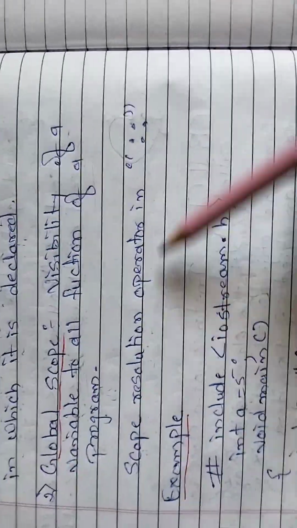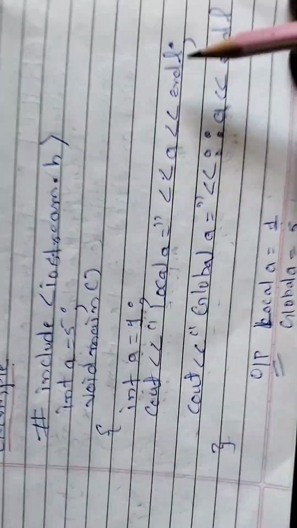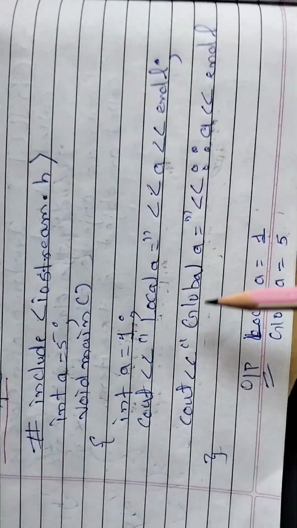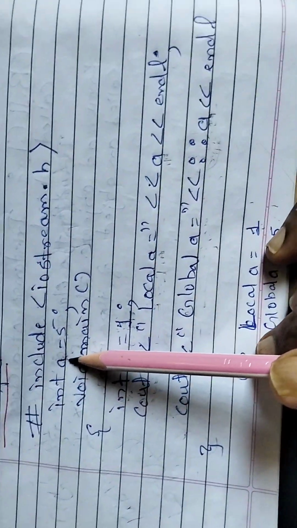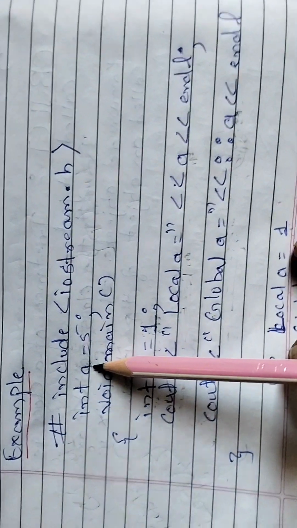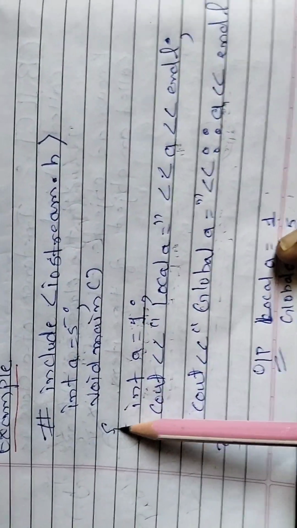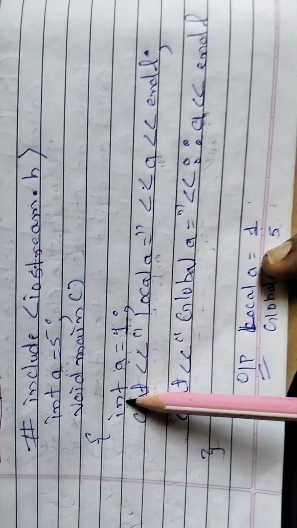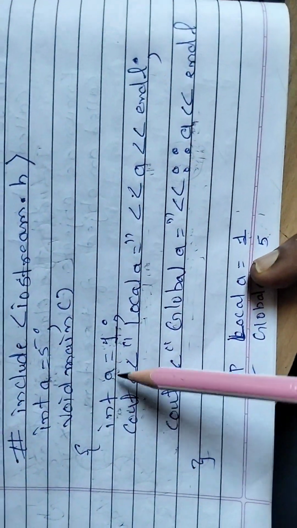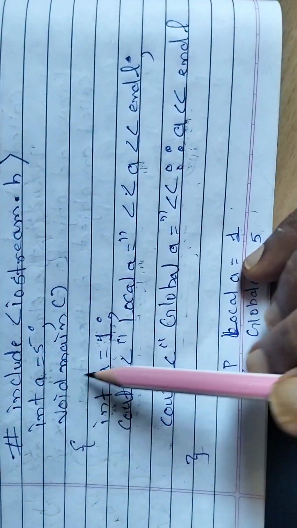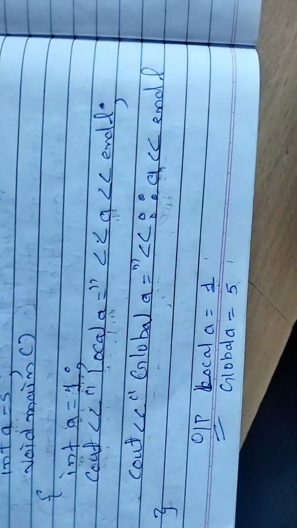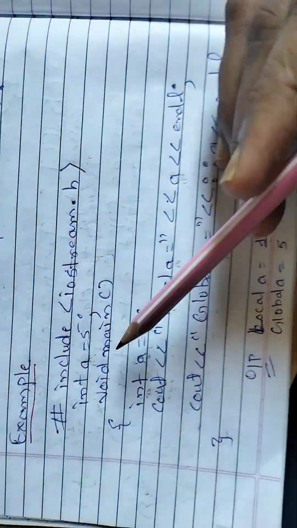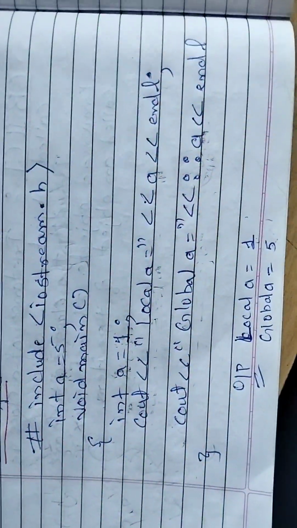Now this theory part we can better understand with a practical example. See here, this is one small program. Here we have defined an integer variable a. Now after the curly bracket opens, we have again defined an integer a, meaning the same variable name we have used for two different data. Now how can we access this same variable with two different data?